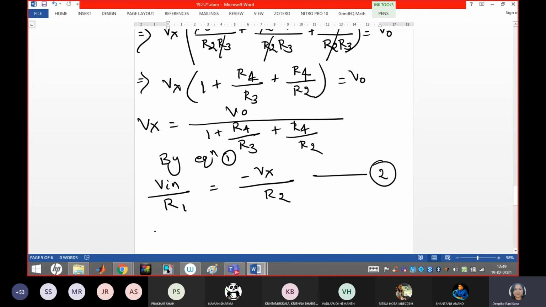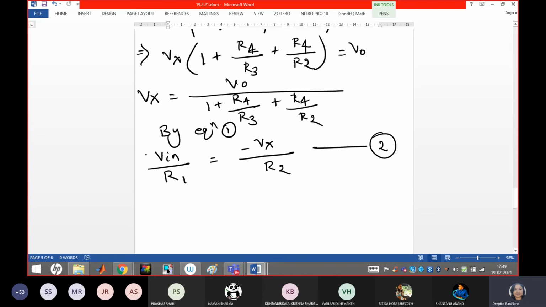Solve this, guys. I have written enough lines for you. You solve it and tell me the answer. Those who are present for this class, type yes in the chat box.